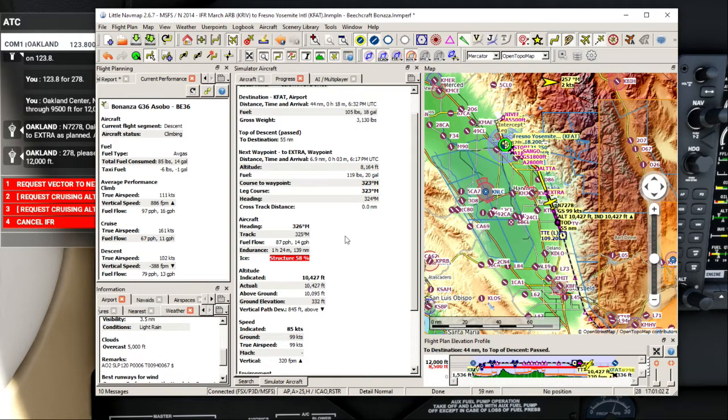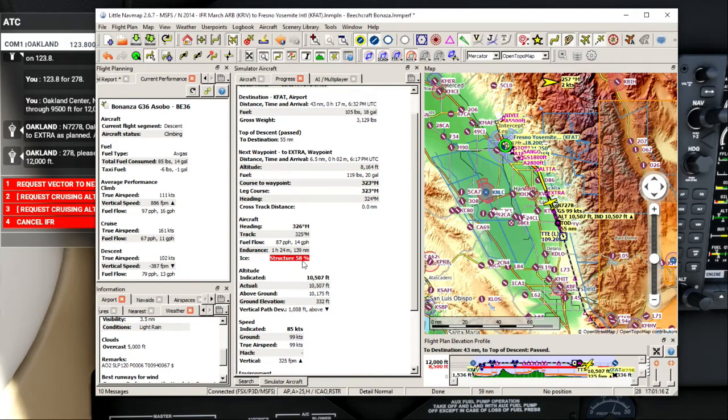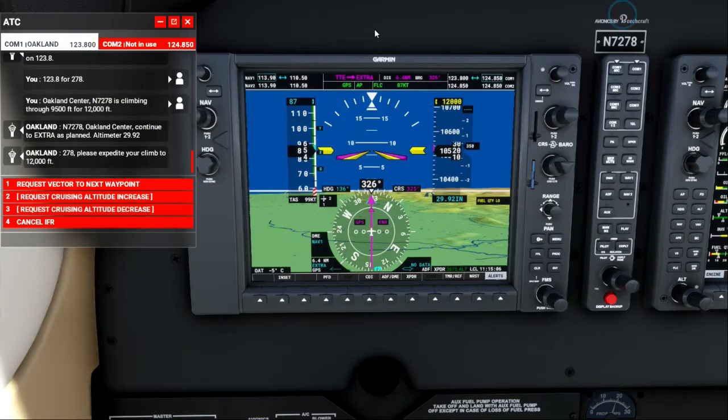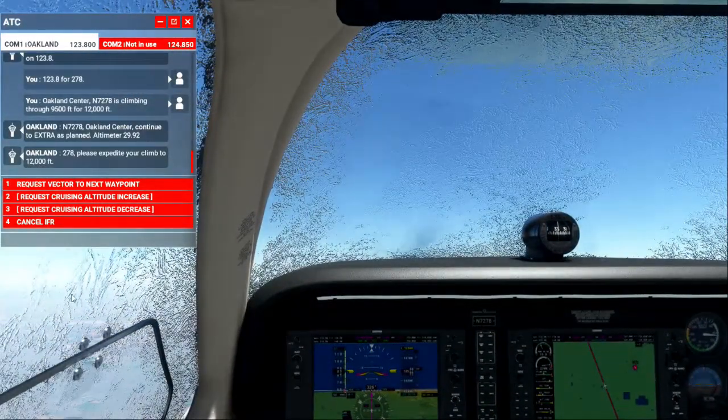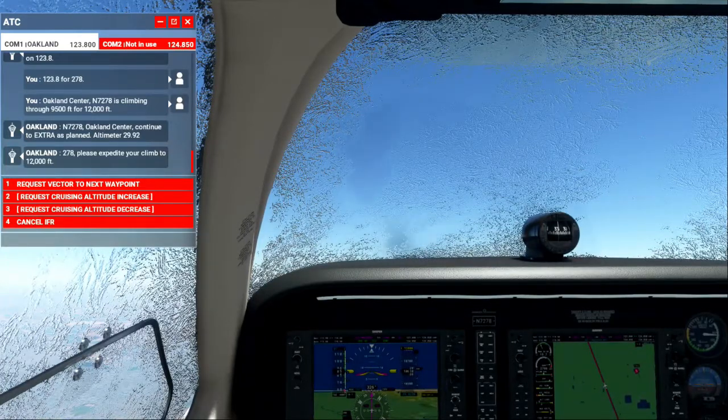And actually, I had to cheat a little bit and change the weather condition so that I wouldn't ice up anymore. I didn't want to do this flight over again. Now structure is about 58%, so I'm getting a little bit of the aircraft back, and I'm able to climb once again, but just barely. And hopefully this ice will dry off in a few minutes, and we'll be able to go ahead and complete the